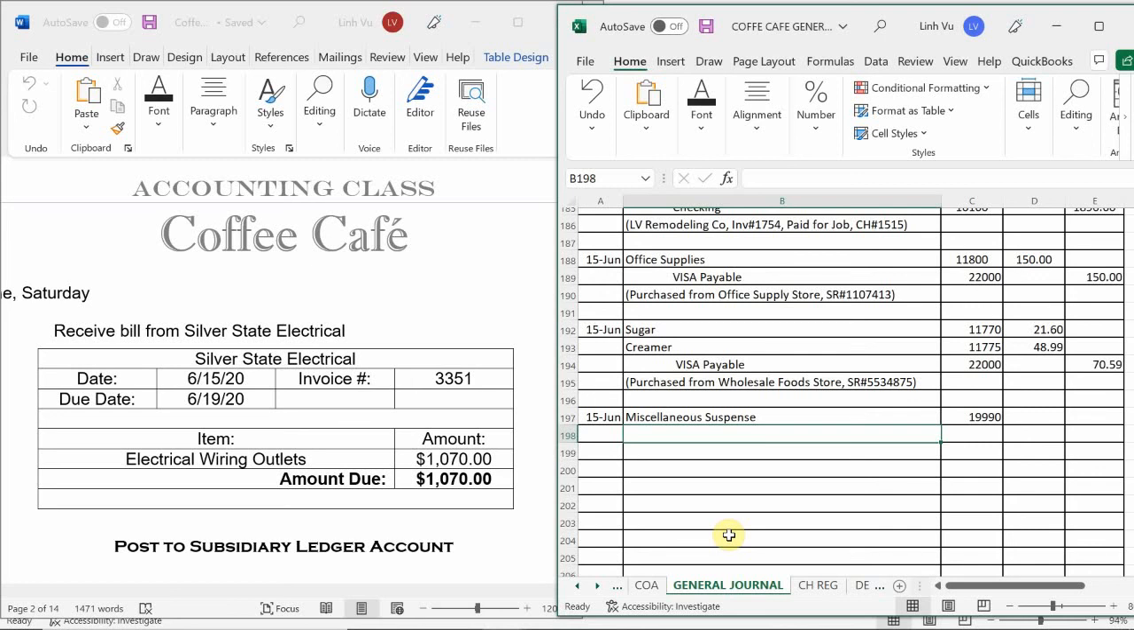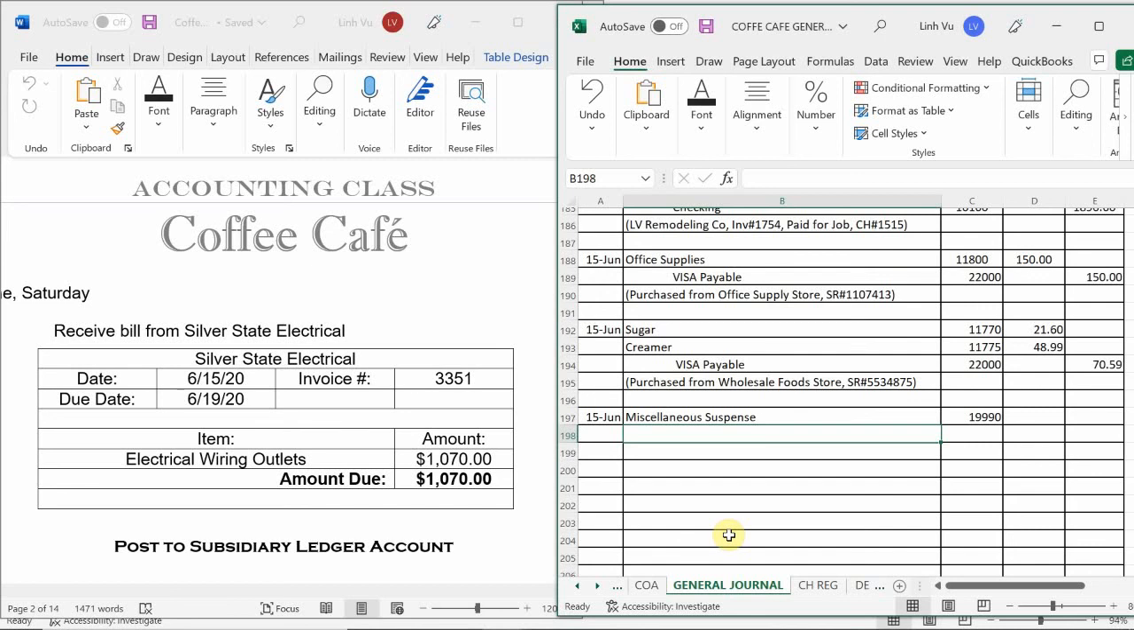To miscellaneous expense. Okay. But my question was, am I paying for it now? No. So what am I going to do with it then? Credit it. Credit it where? Miscellaneous expense. No. If I'm not going to pay my bill now